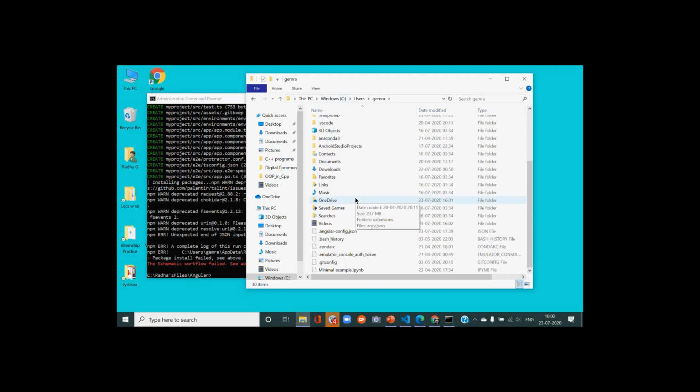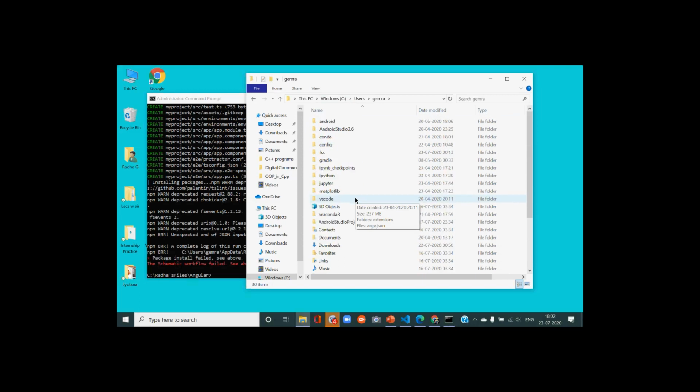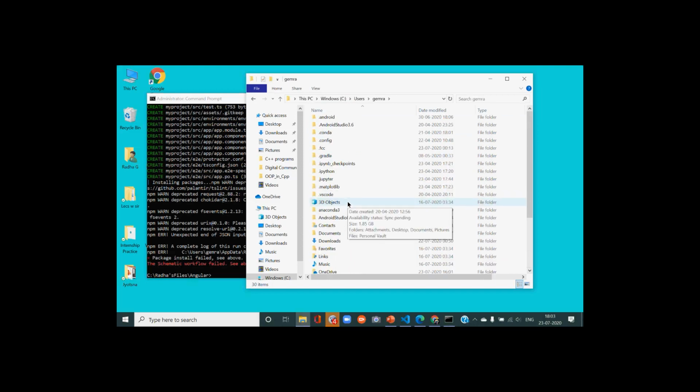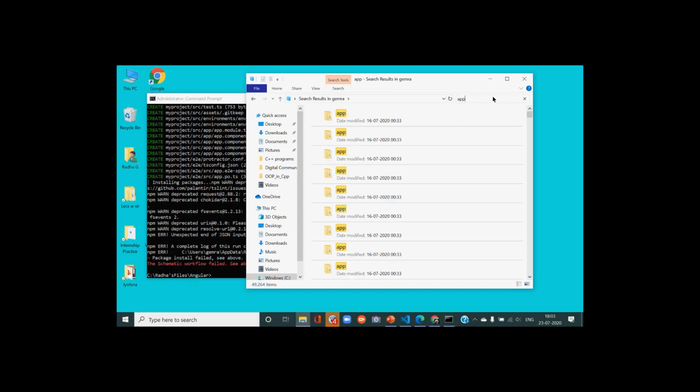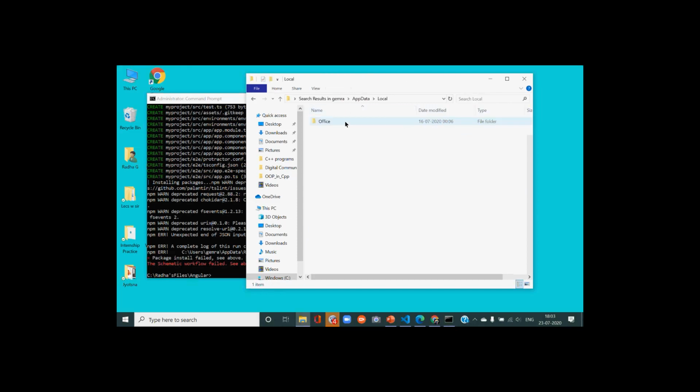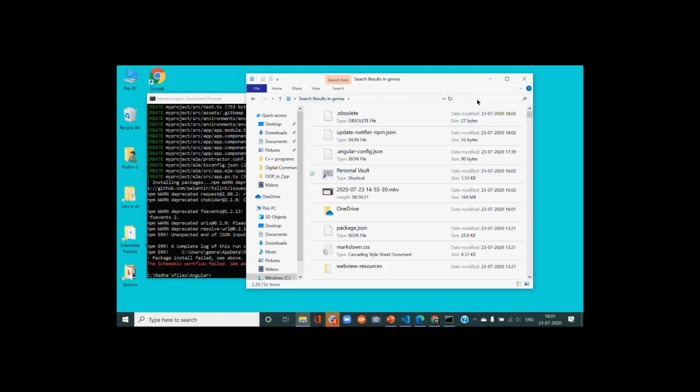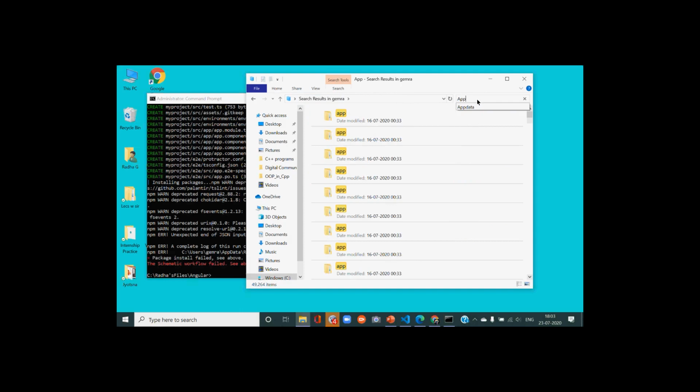Yes, go ahead. App data will be at the top. Okay. Search for app data. See, this is for office, look for Node.